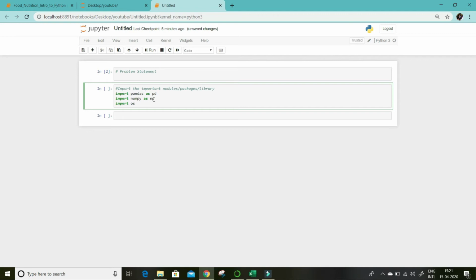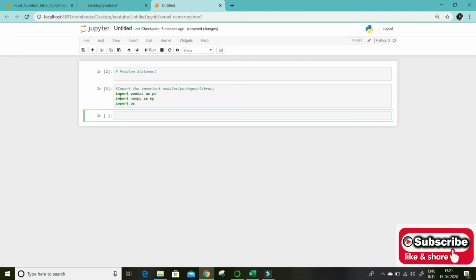You don't need to do anything here. It is just the operating system library, used to interact with the underlying operating system of your system or laptop or PC or wherever you are coding. You have to install it, then run this part of code. How will you run? Control Enter, or you can press the run button also. When I ran it, it changed to blue, and now the new code I'm writing is in editable mode, that's why it is green.